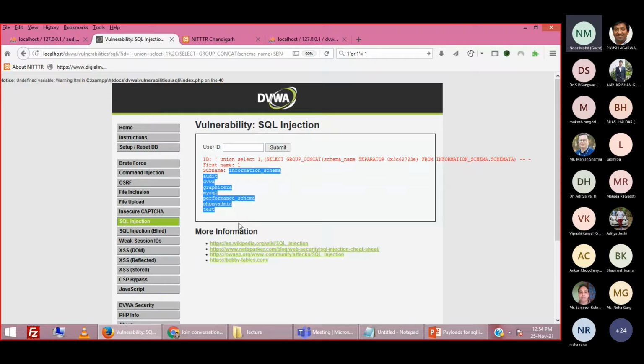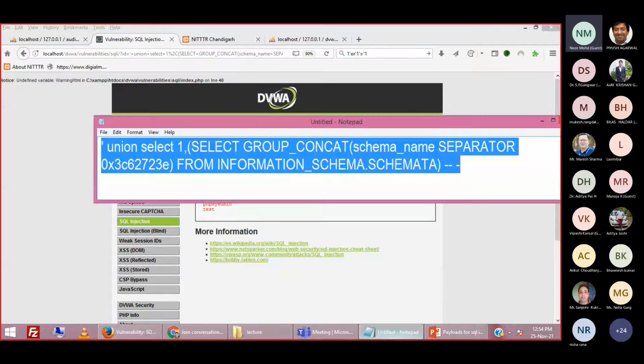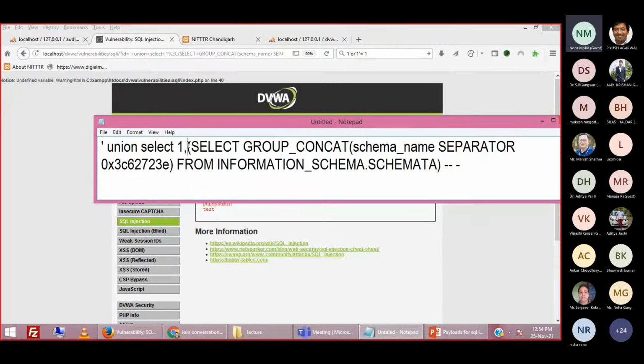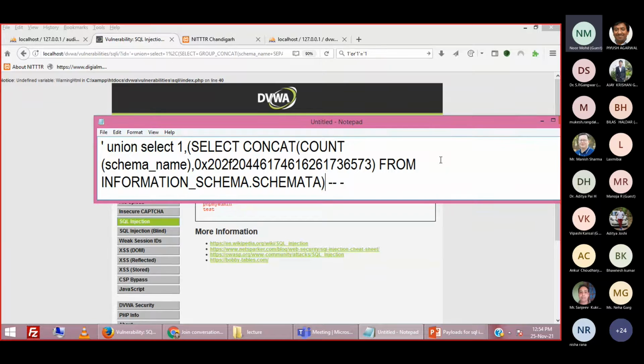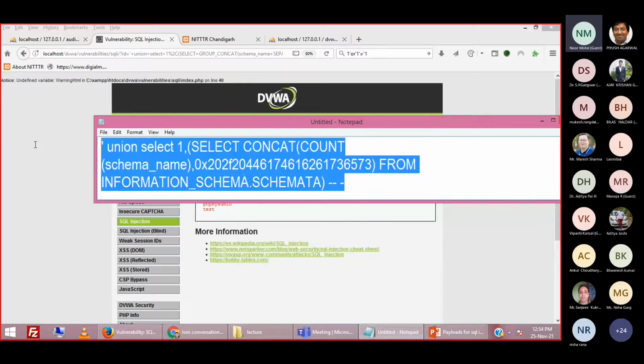It may be possible that a single web server has thousands of databases. By just seeing the names serial-wise, it will be very difficult to know how many databases there are. So now we are going to use a payload which will count the number of databases available on the server. This payload we are going to use.